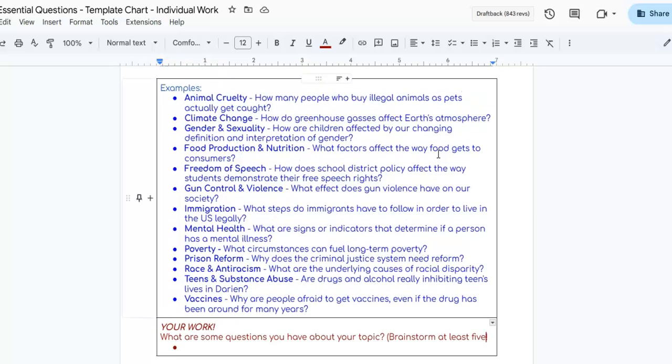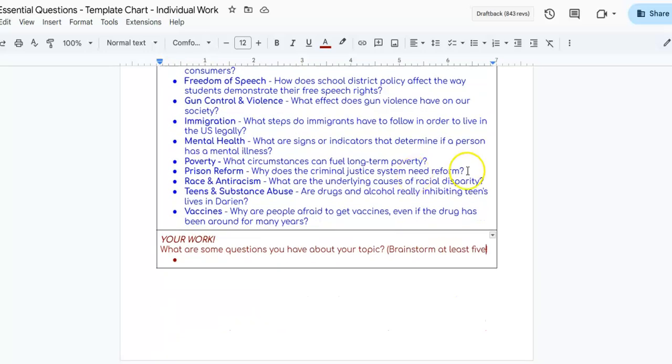So the bottom line is that down here in the red section, you're going to go through and you're going to actually type up at least 5 new research questions, things that you and your group can work on over the next couple of days as you kind of formulate for me and for other people what are the most important details of your topic. So these are questions that you have answered, questions that you still need to answer, but take the next couple